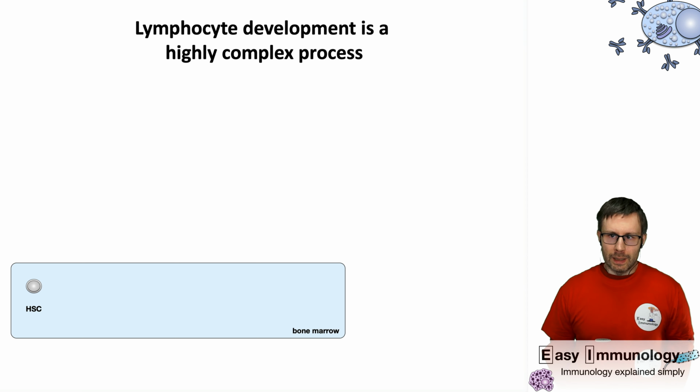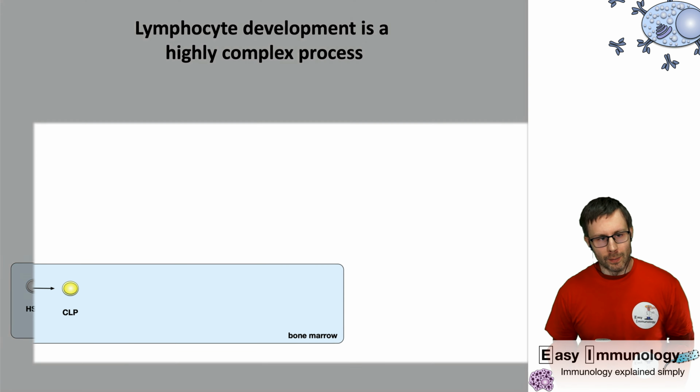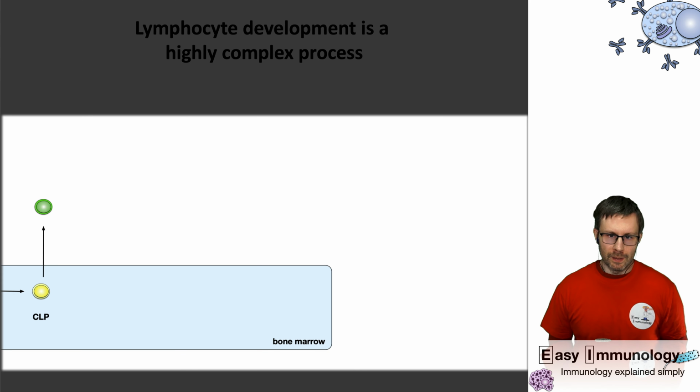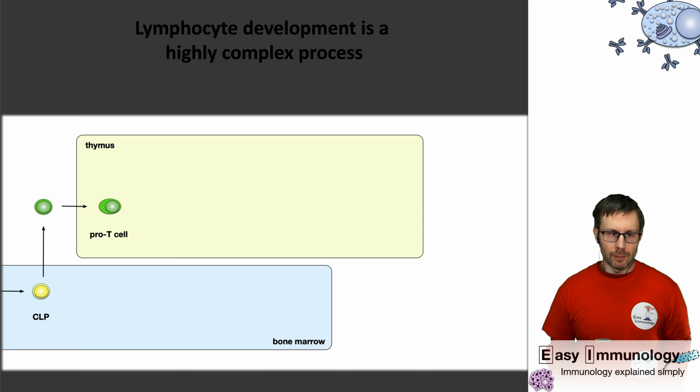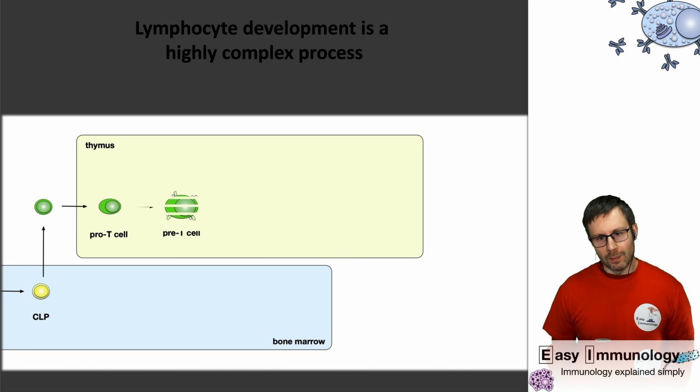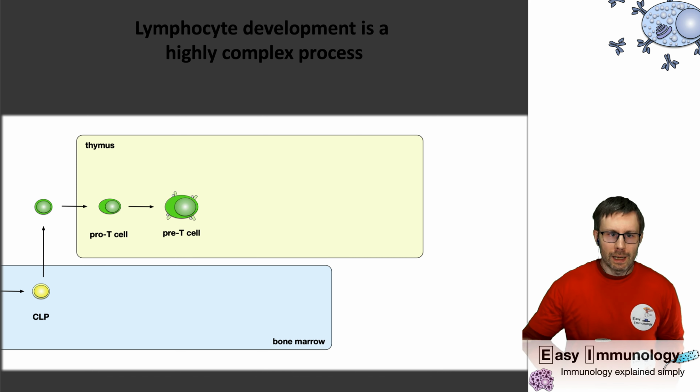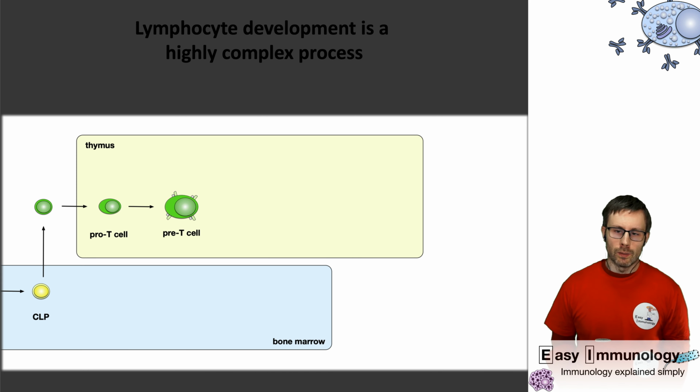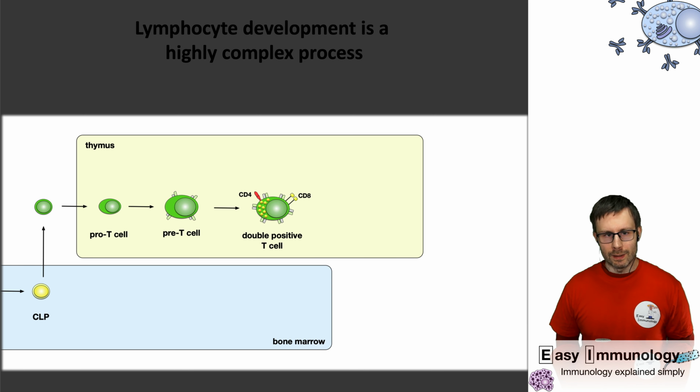So where does lymphocyte development happen? As I said, we have this hematopoietic stem cell that develops into the common lymphoid progenitor. This then turns into the T cell progenitor. And here in the thymus, we have pro-T cells that develop into pre-T cells. You see, they have half of a T cell receptor already because they did this rearrangement on the first chain. Then if they do this successfully, they get some survival signals so that they can recover a little bit. Then they try on the second